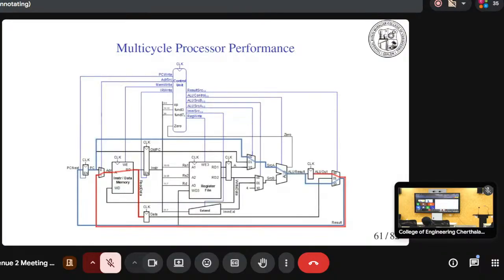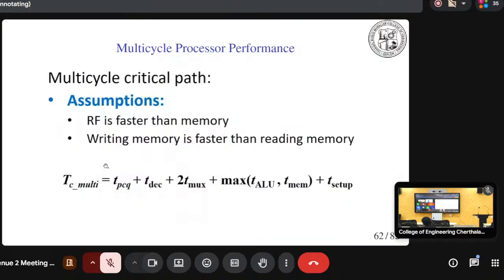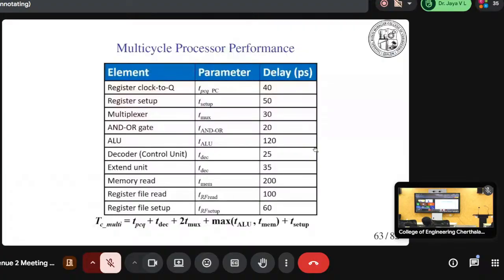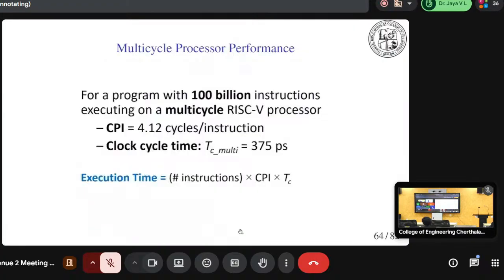Okay. So again, for estimating the multi-cycle cost of performance, I will take the same benchmark, which is also used for integration. And this is the model for it. I have the data here and I have the model here. So I have computed it. So CPI is 4.12. So we are taking the same example as the single cycle processor.